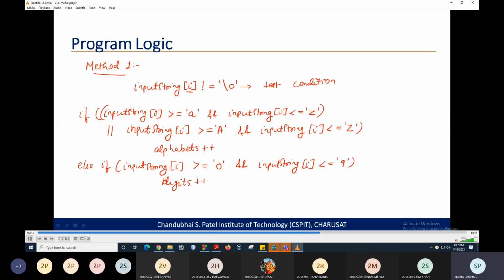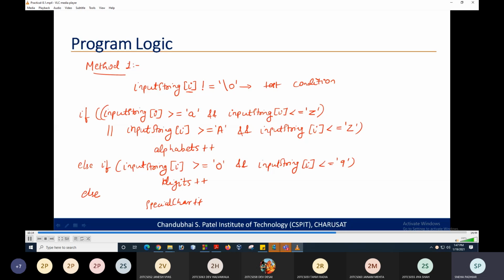So digits plus plus. And in the else part, you can just increment the special char variable, because if it is not digit, if it is not alphabet, then it will be a special character. So this is the first way you can check whether the input string is having how many alphabets, how many digits, and how many special characters.